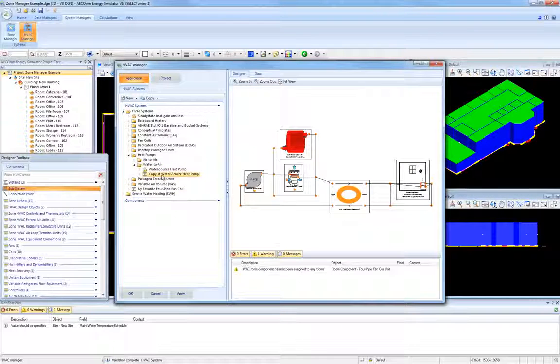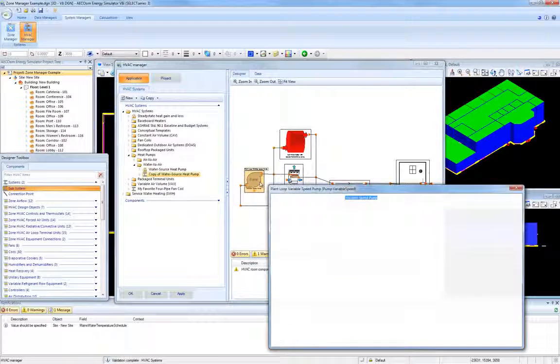So here's the copy we made earlier. And assume that we want to change the rated pressure rise or head of pressure across the water pump. So in this case, we can select the water pump in the designer pane, right-click and select properties.